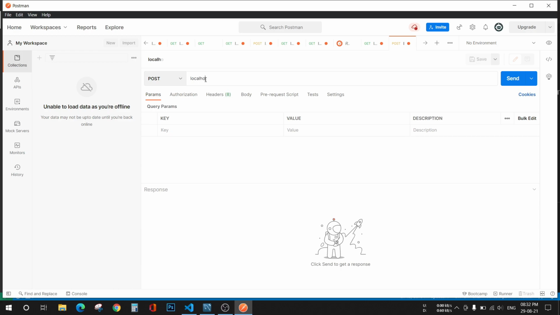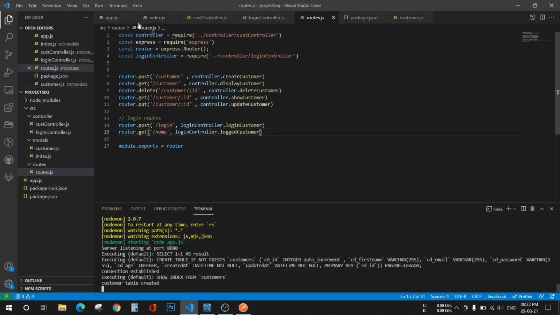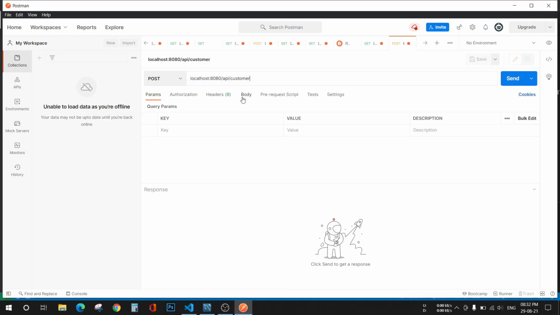So localhost:8080 slash api slash customer. I guess this was the API. Let me check it. Route slash customer, and now we'll provide some body in it, which will be JSON.